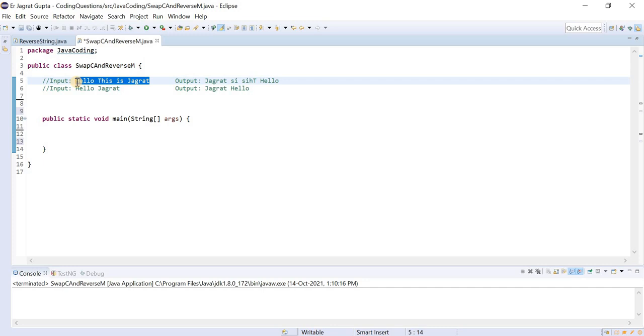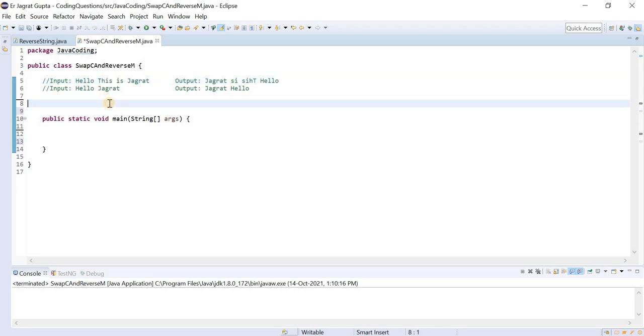This is the second step. Inside the for loop, we will apply a condition: if it is the last index or the first index, then it will keep the word as it is, otherwise it will reverse the characters.